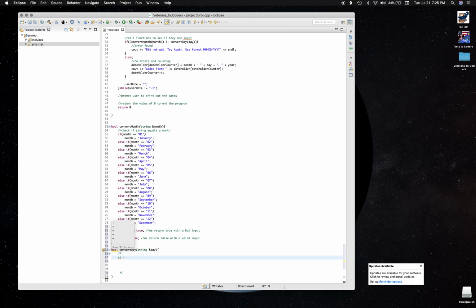The ST is going to be the first, next is second, so that would be the ND, second, which is 2. And then the next is third, so that's RD, and that would be for the value of 3. And next is fourth, that's TH, so fourth. And then we also have fifth, sixth, seventh, 8th, 9th, 10th, 11th, 12th, 13th, 14th, 15th, 16th, 17th, 18th, 19th, 20th. So from 4 through 20